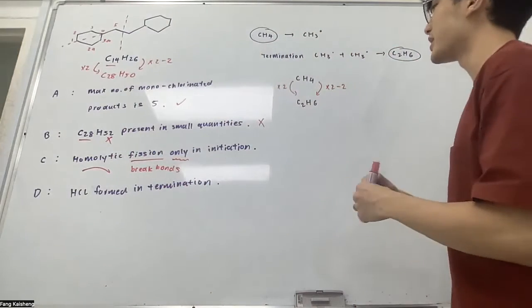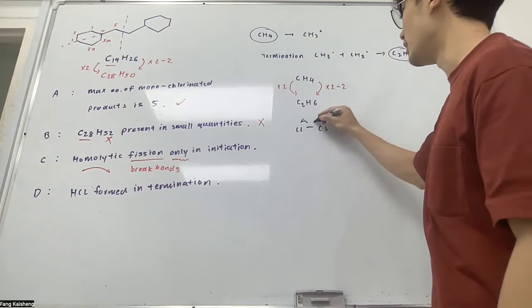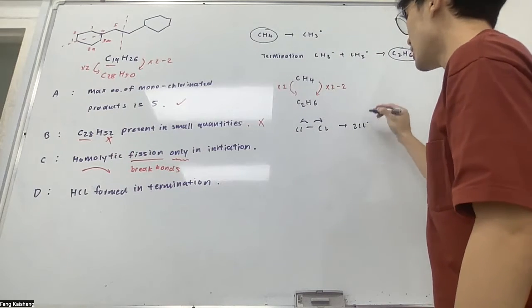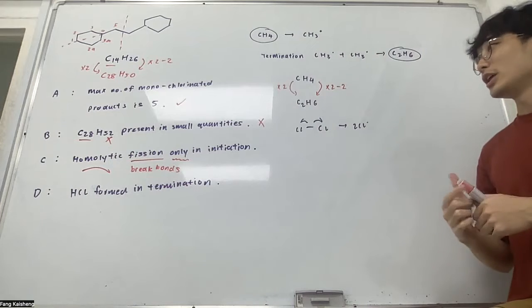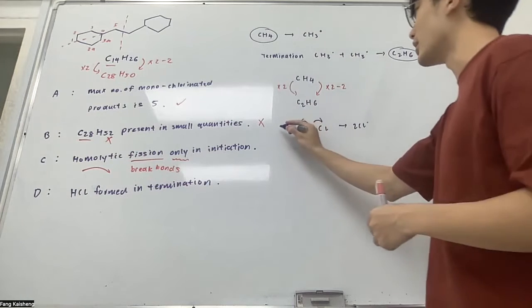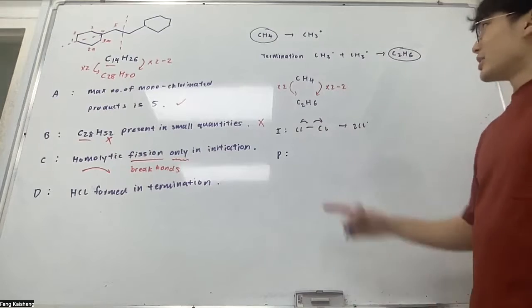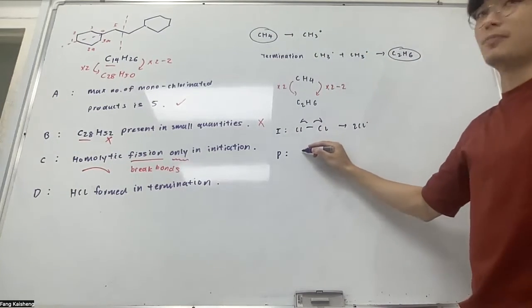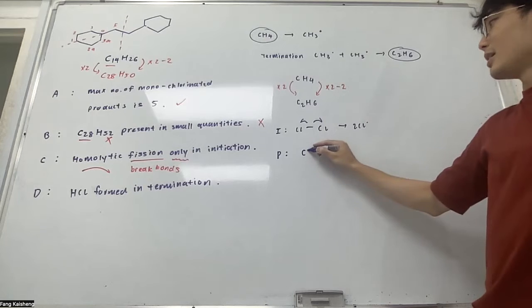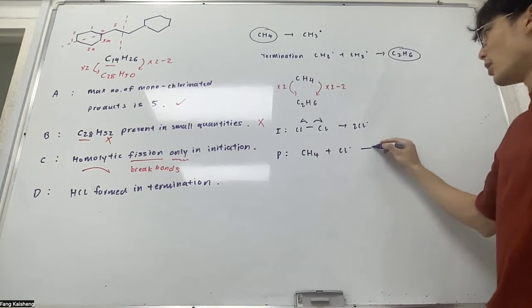In the initiation step, do we have homolytic fission? Definitely, you are breaking bonds homolytically. But in the propagation step, is this same thing going to happen? Let's just do the smallest one. So what's the propagation step again? Take your alkane, react with the radical Cl to form